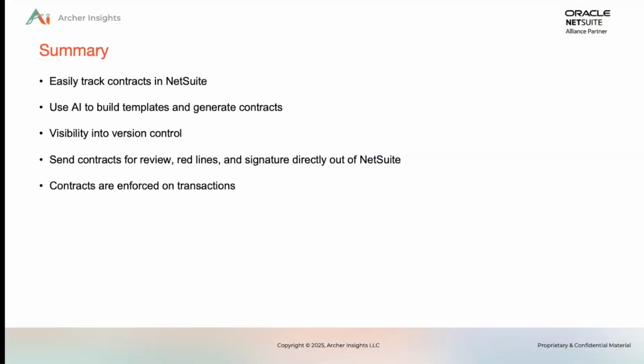So to recap what you just saw, a live AI-powered dashboard that flags risks before they become problems and allows you to easily track your contracts in NetSuite. Contracts that are created and AI drafted, visibility into version control and the ability to compare versions of documents to each other, the ability to send contracts for review, red lines, and signatures directly out of NetSuite, and real-time spend enforcement on every PO with no manual